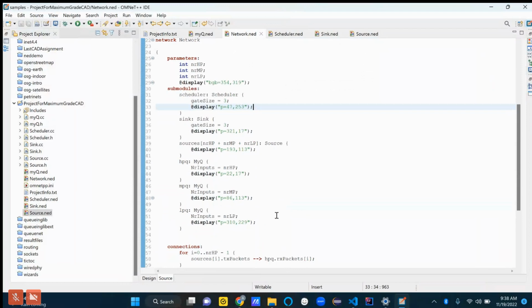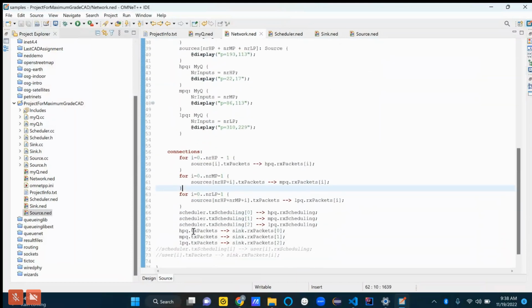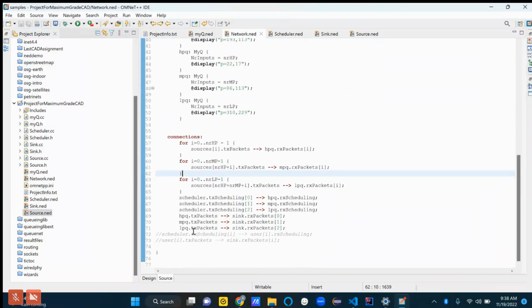So what I was talking about with those for loops in the NED file. There's an example of that on like line 57. And essentially what we're saying here is, well, we have a bunch of sources, and we're treating sources as an array, right? So we can access the index of this sources array.